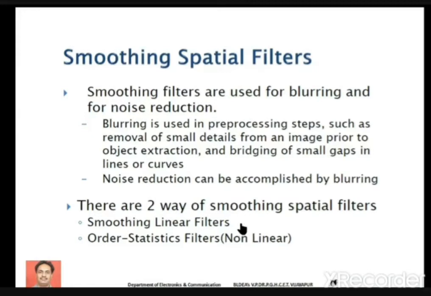So we have two sets of smoothing spatial filters: smoothing linear filters in the first category, and in the second category we have smoothing order statistic filters, which are also referred to as smoothing non-linear filters. We'll discuss these one by one.